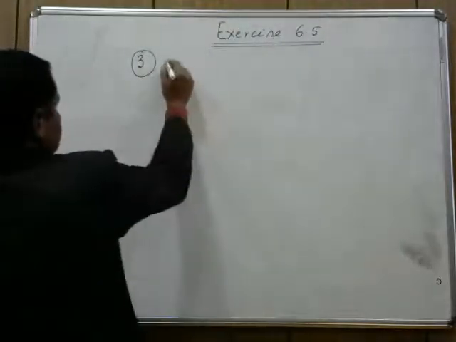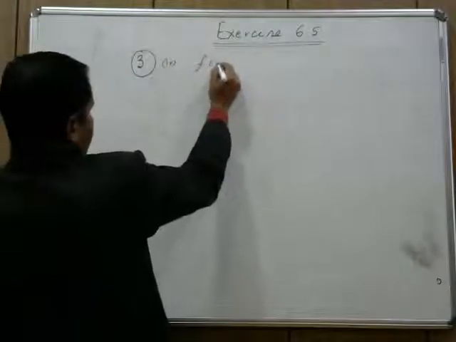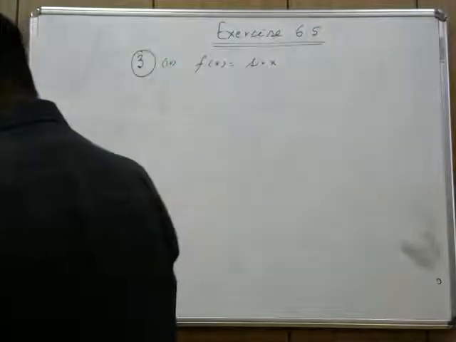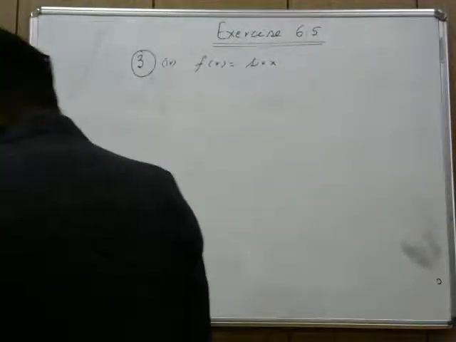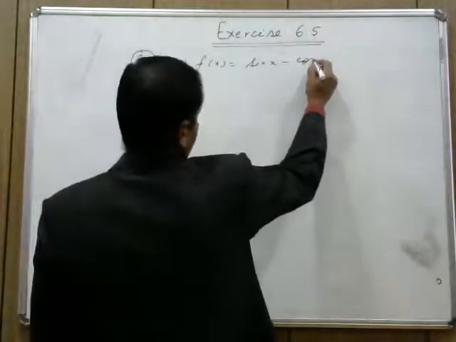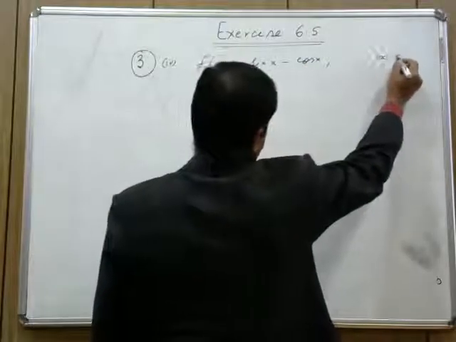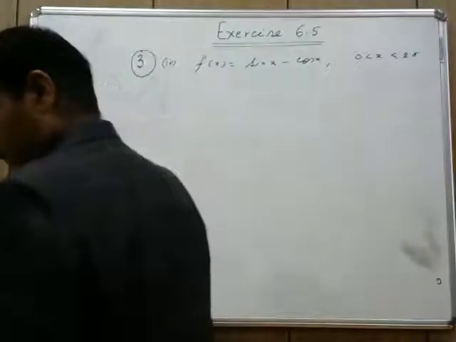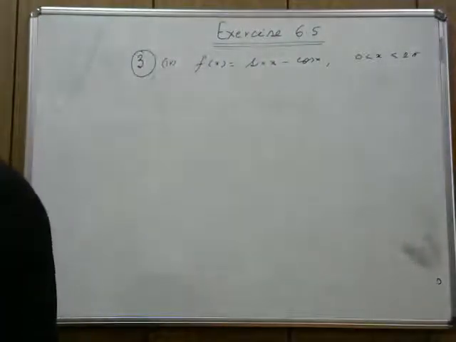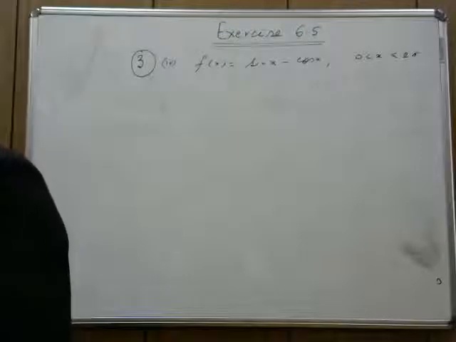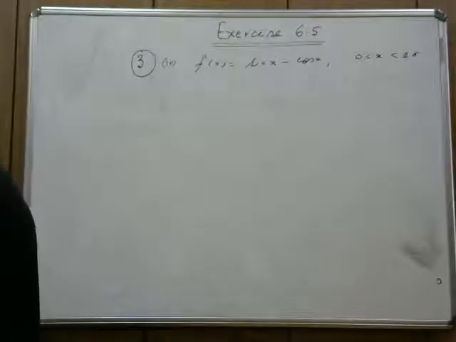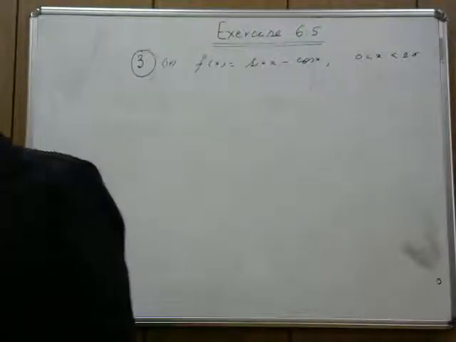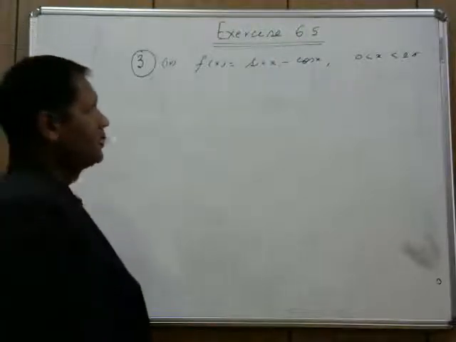The fourth part of the question is f of x is equal to sin x minus cos x, and x lies between 0 to 2 pi. Right? To find the maxima or minima,